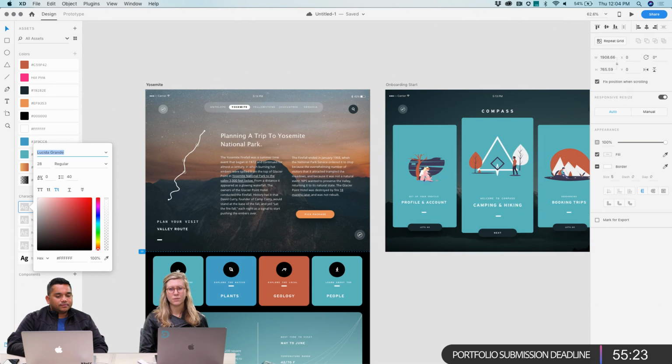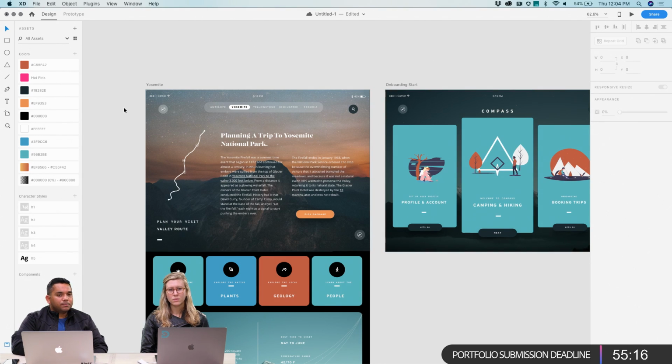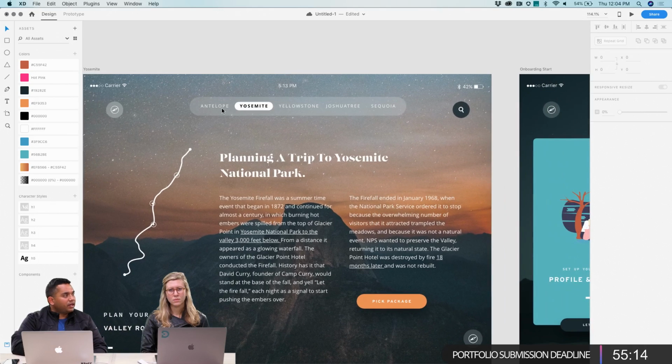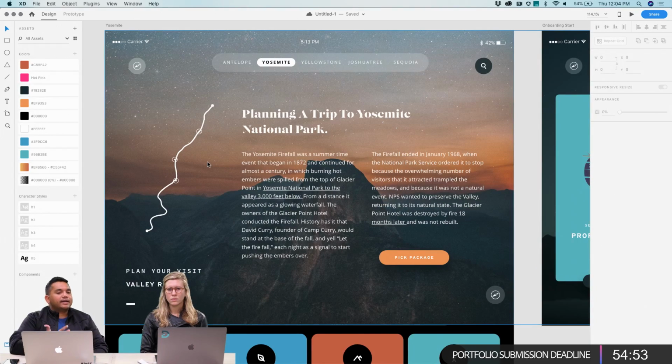You not only have all your text properties, but you can also change the color at once. Yeah, and this makes it super easy because imagine having like 50 artboards and wanting to try out how this design looks across all 50 of them. Doing that from the assets panel using character styles makes it so much easier because you're not having to do this individually across each text layer that you have. So again, the character style makes it really, really easy to work with text,